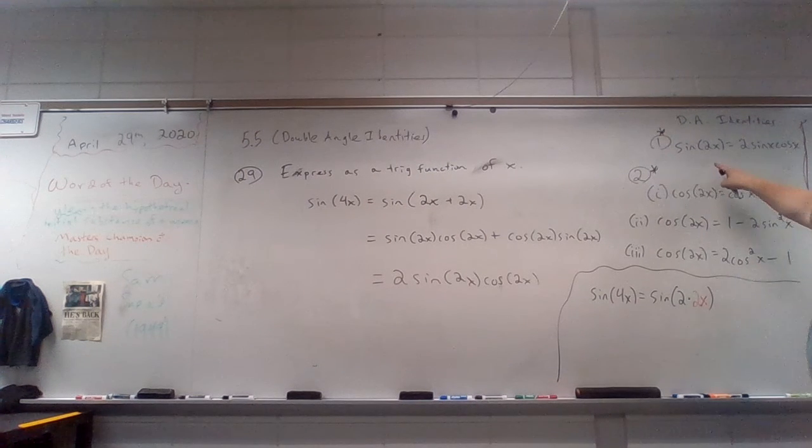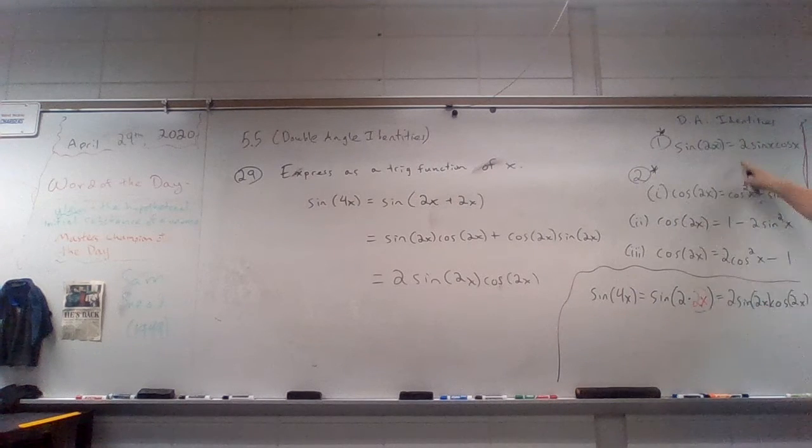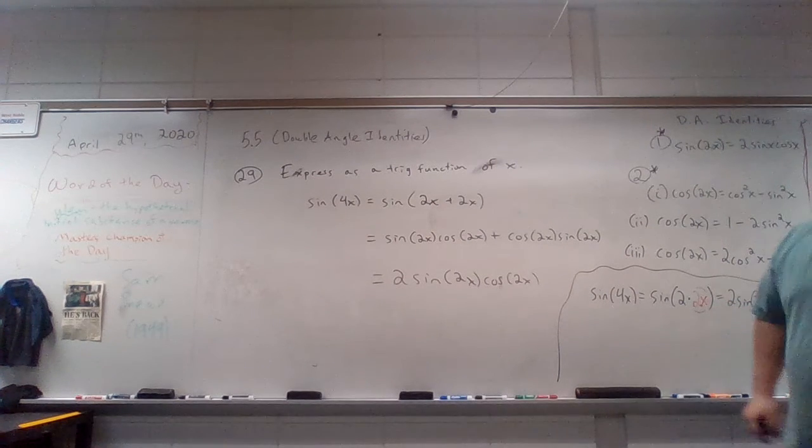If I compare that up to here, my input is like an x here. So sine of 2x is 2 sine x cosine x. So what's sine of 2 times 2x? Here I'm putting a 2x in for this guy. So this is really 2 sine 2x cosine 2x. I'm really just using this identity, but instead of a value like 22.5 that I plugged in before, here I'm plugging in a 2x. It's really the exact same reasoning,